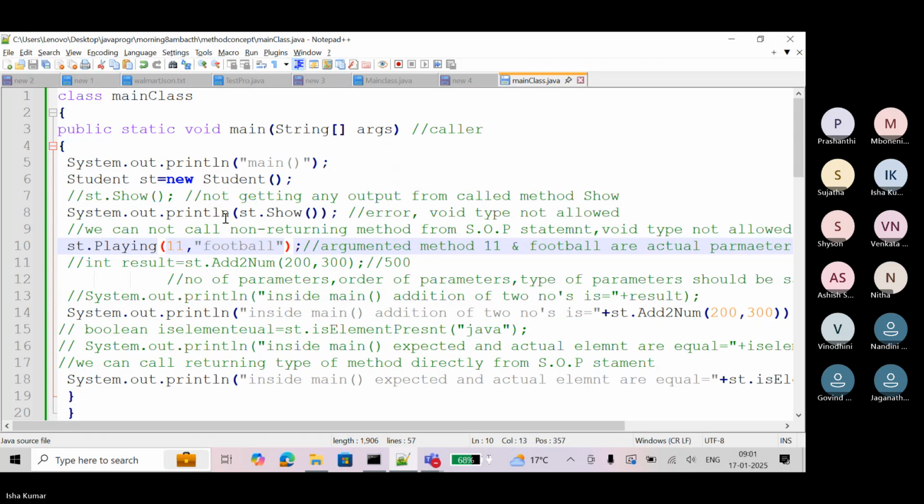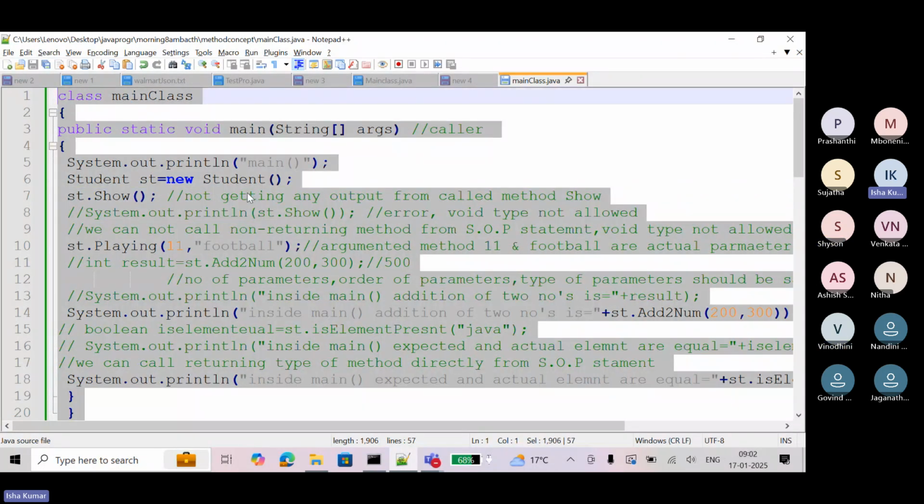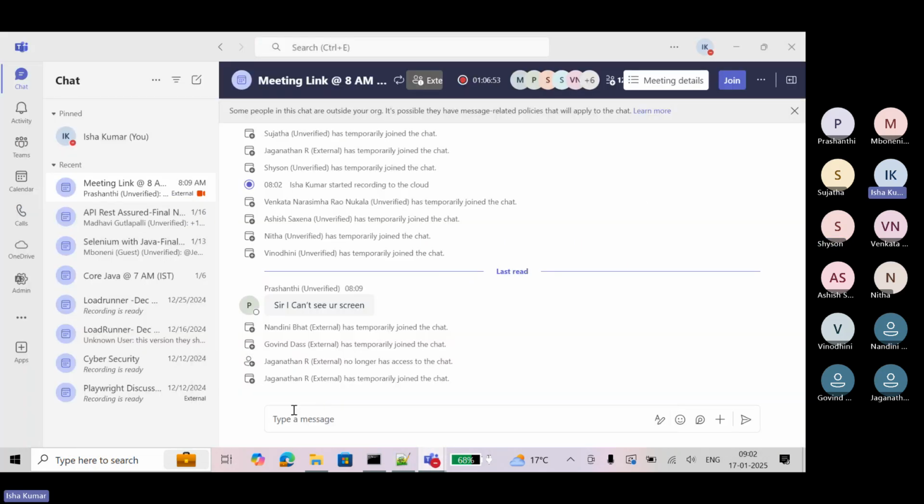So here you see, we cannot do it like that. Understood, everyone? Yes, sir. This is how we can do methods and all. So Control A, Control C, first practice this. Now the method part is clear. How can we call argumented, non-argumented? Can you do this?